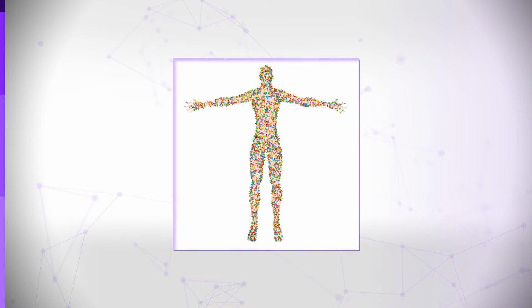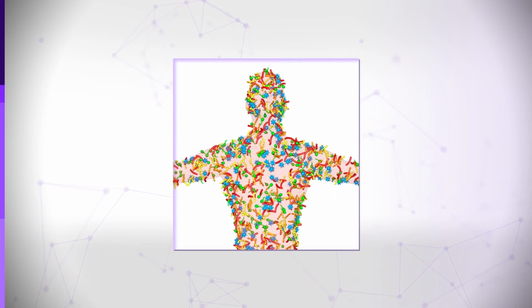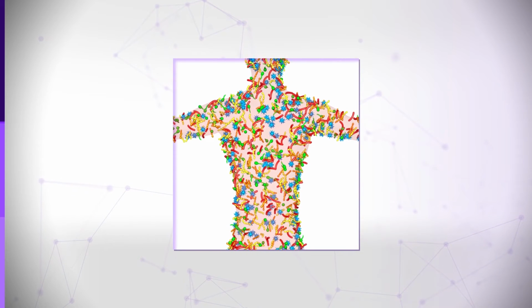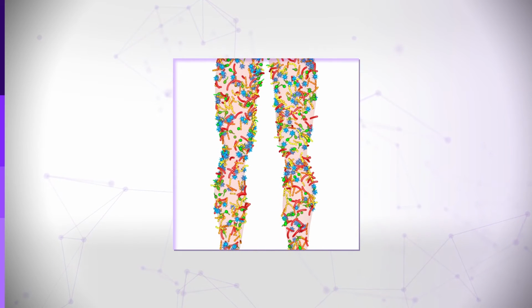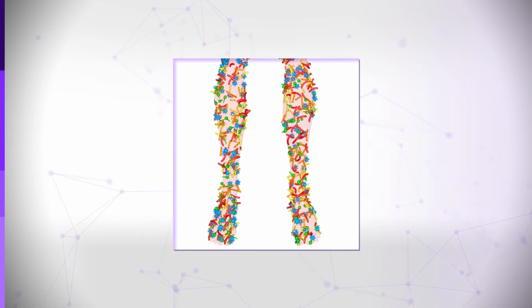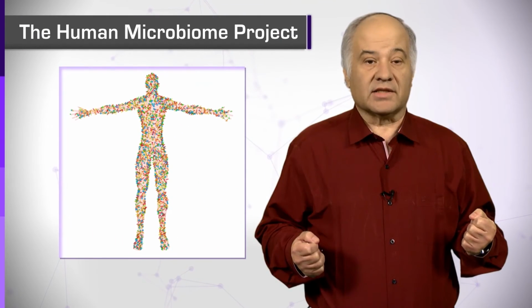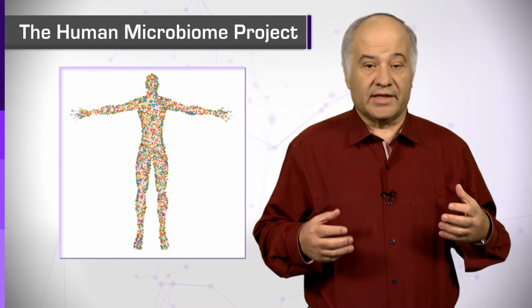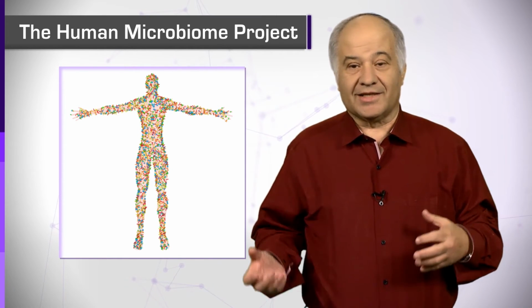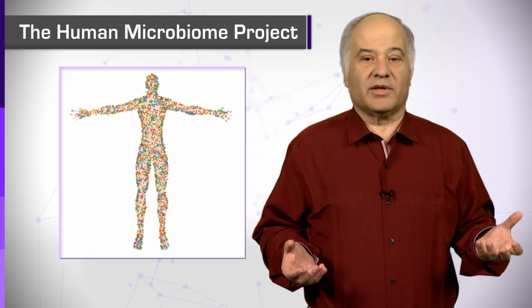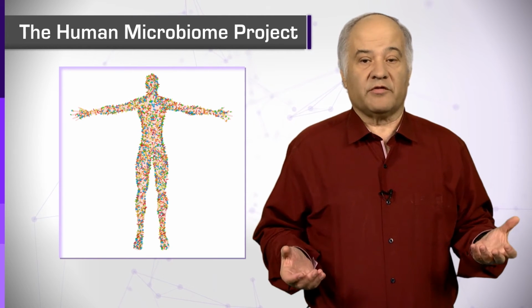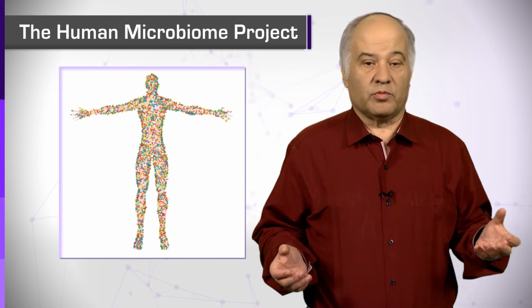Finally, let's return to the human microbiome. Our body provides a habitat for a huge number of bacteria. We estimate that there are more than 1,000 species of bacteria living in humans. And while the number is still subject to debate, it is clear that we have more bacterial cells within our bodies than human cells. In recent years, many studies have started to explore the interplay between humans and their bacteria. Clearly, the first step is to identify all the different bacteria in our body, an ongoing effort that is known as the Human Microbiome Project.